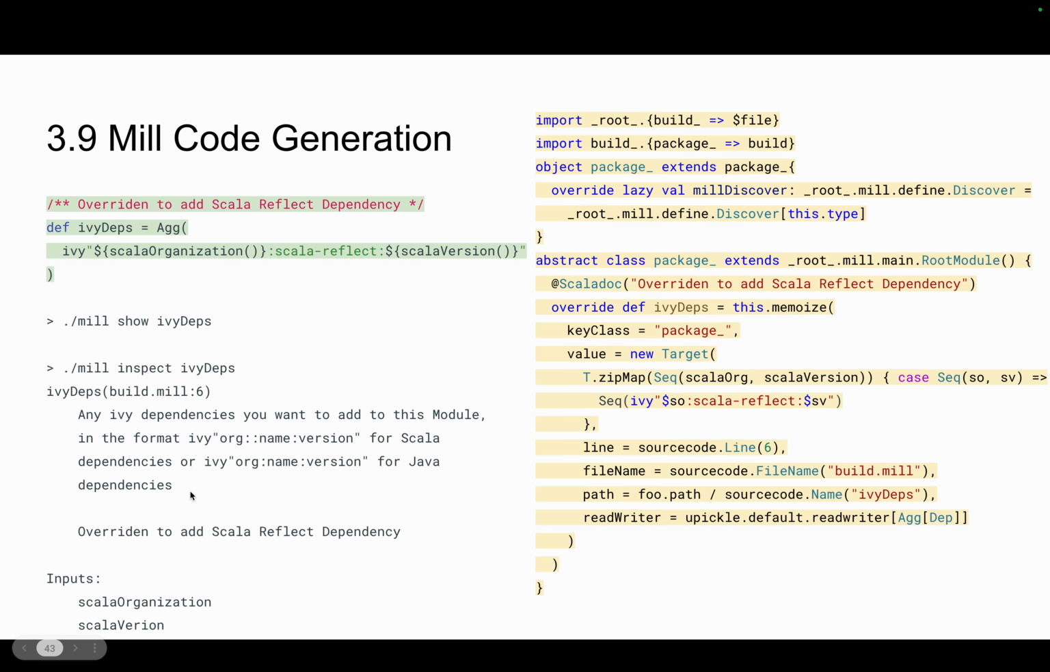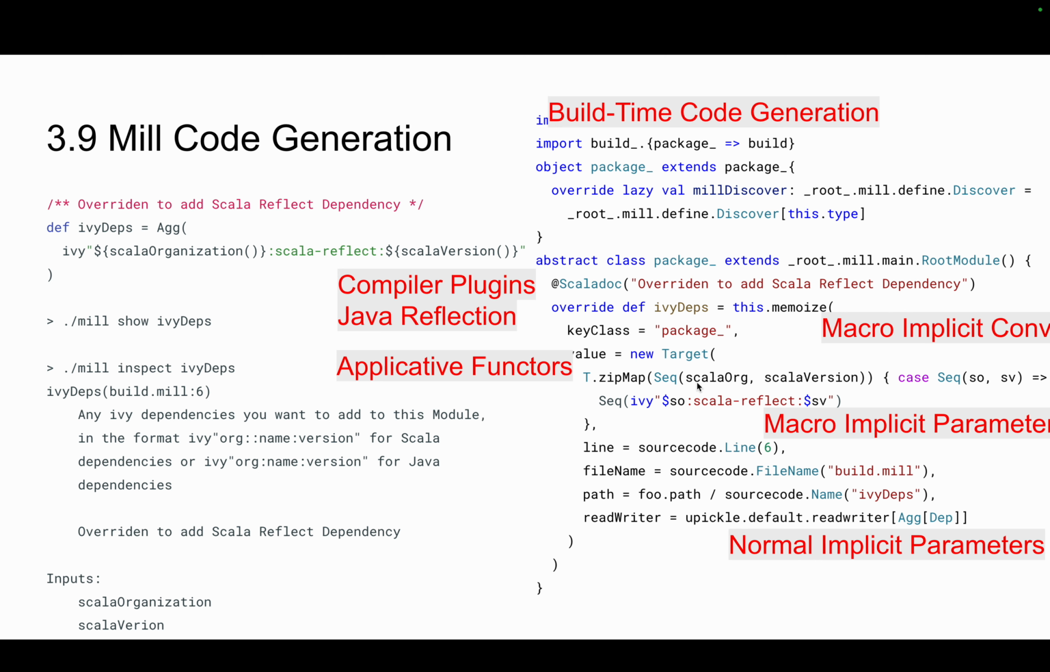So what's going on here is that when you write the code on the left, it expands into this code on the right. And it does this through a whole range of different techniques. So we have some build time code generation like Scala CLI or Ammonite or the Scala REPL does. For the Scaladoc, you have a compiler plugin that grabs the Scaladoc, puts it in a Java annotation, which we then use Java reflection to fish out at runtime so we can print it out. In order to get the inputs here, so you can see what methods this ivyDeps method calls, we then have a macro implicit conversion that turns this so-called direct style method call into an applicative functor zipMap